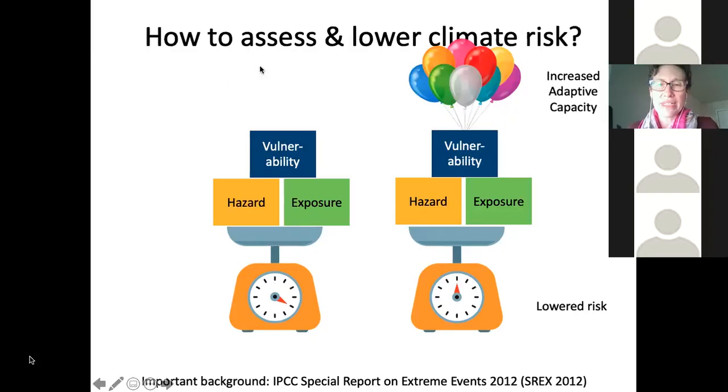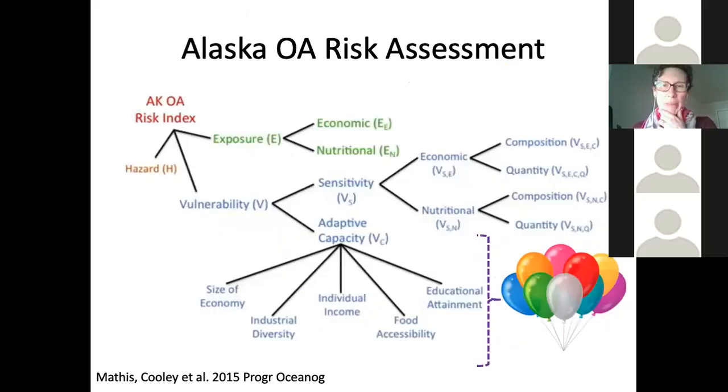So, lowering risk and decreasing vulnerability and exposure can also involve increasing a community's adaptive capacity by boosting their overall wealth, health, literacy, and job security. So, assessing risk comprehensively also requires thinking about positive factors that help lift or reduce your risk and offset vulnerability and exposure. So, that can be kind of confusing to think about. And I'm trying to show it a little bit on the next slide. Next slide, please, and think about this.